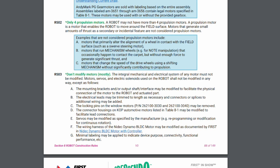R503. Don't modify motors, mostly. The integral mechanical and electrical system of any motor must not be modified. Motors, servos, and electrical solenoids used on the robot shall not be modified in any way except as follows. A. The mounting brackets and/or output shaft/interface may be modified to facilitate the physical connection of the motor to the robot and actuated part. B. The electrical leads may be trimmed to length as necessary, and connectors or splices to additional wiring may be added. C. The locking pins on the window motors, part number